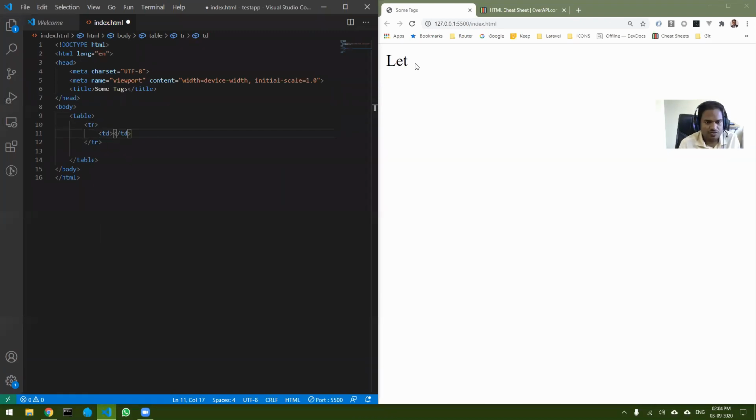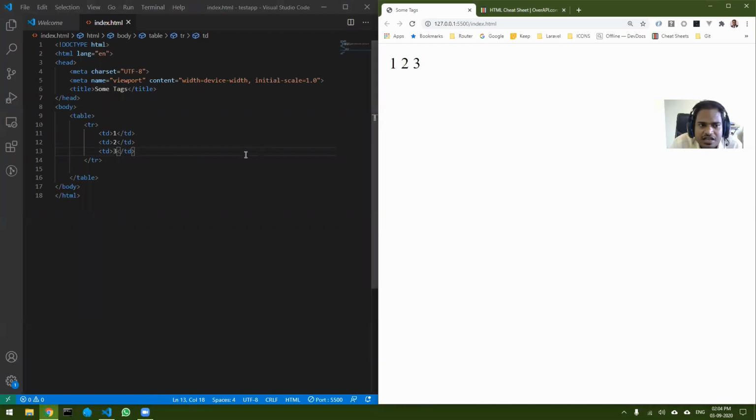So column number 1, column number 2, and column number 3. You save it and you can see I have 1 2 3, but it has no resemblance to a table yet, because there are some more things I need to add, then only this will work as a table.